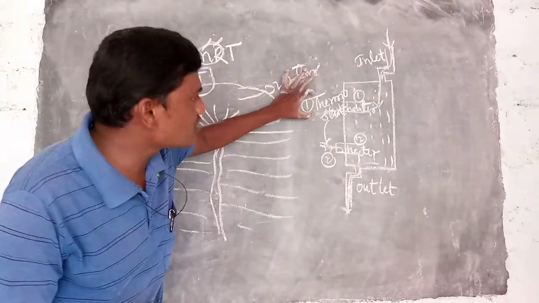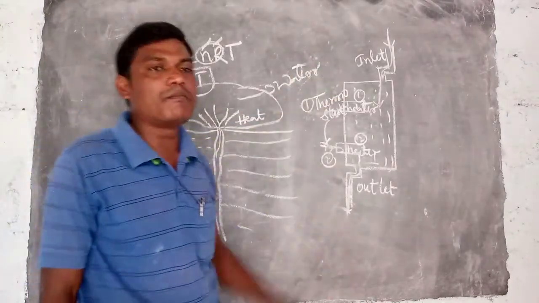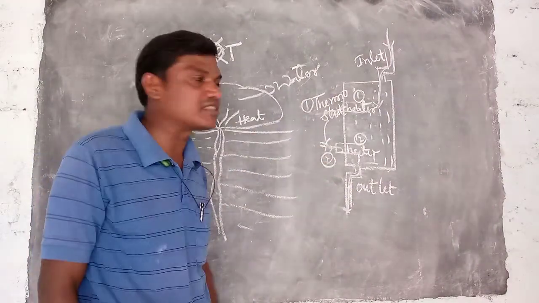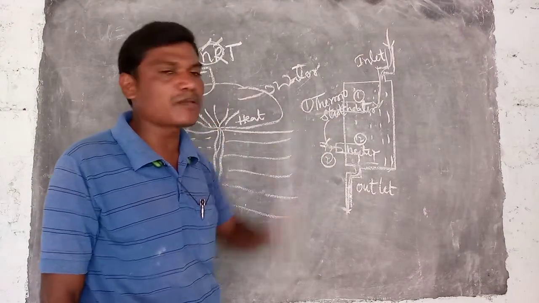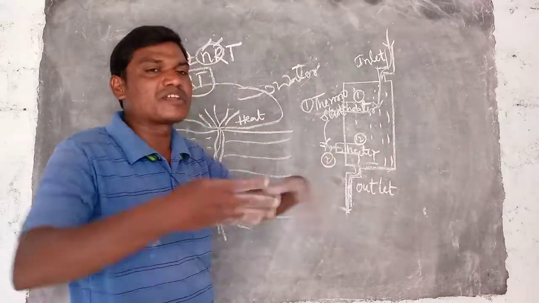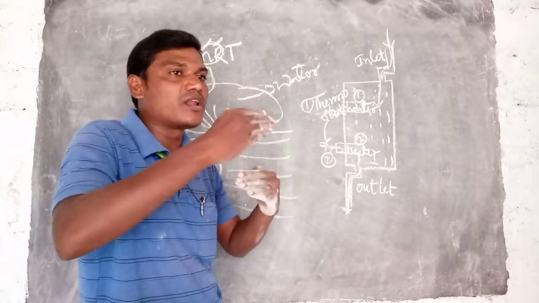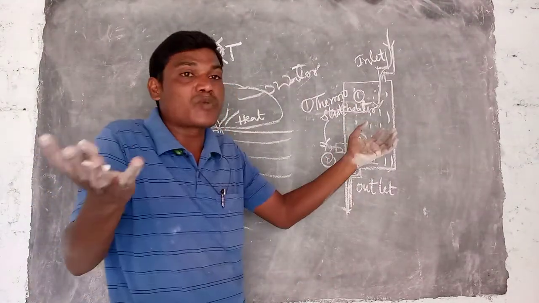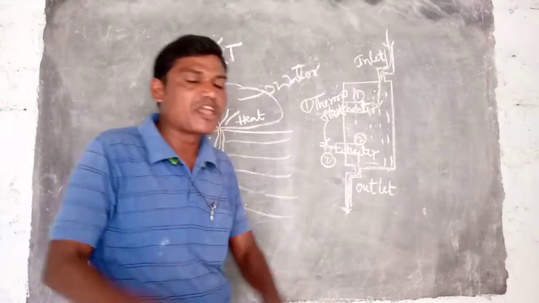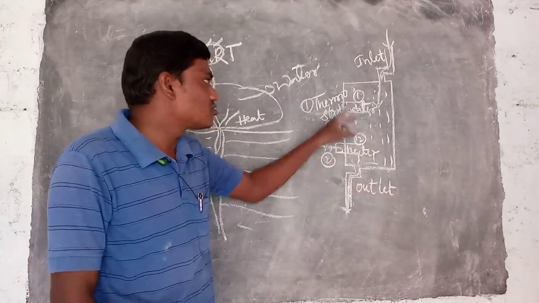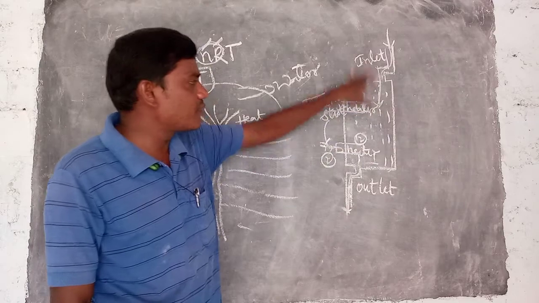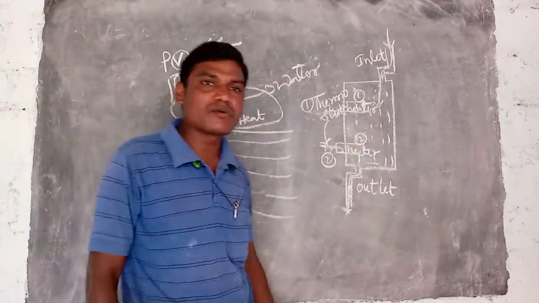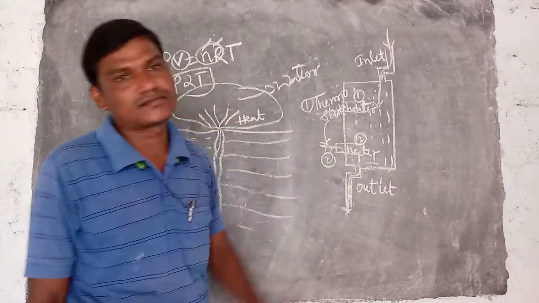But what is the use of the thermostat? The thermostat maintains the balance of temperature inside the geyser. If the thermostats are not used, what will happen? Current is continuously supplied to the heater, the water temperature increases, and finally the water will boil, and a higher amount of vapor pressure will build up inside. Then finally it will explode, because it is an enclosed system. That's why, to avoid the explosion of the electric geyser, the thermostats are there. When the temperature of the water reaches a particular value, the thermostat automatically cuts off the supply of electrical energy to the heater.